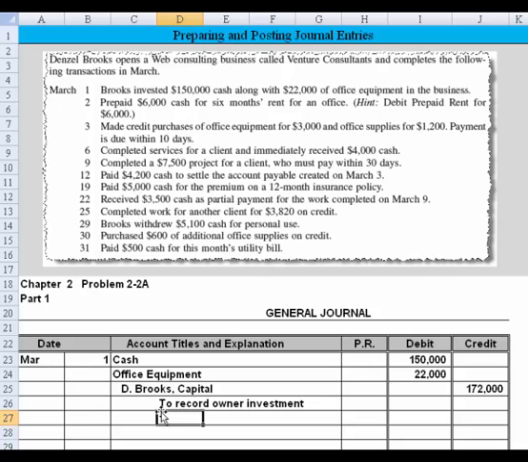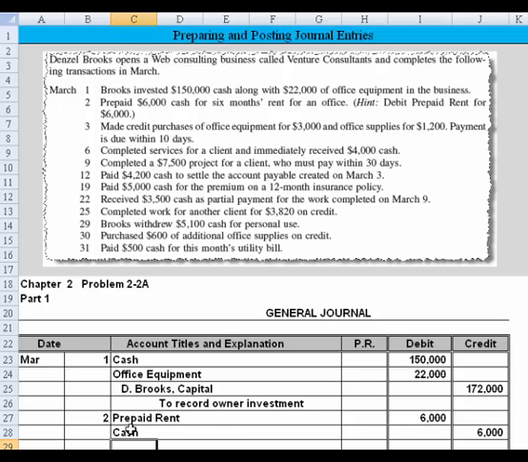Something like that. Okay, next entry is on the 2nd. And if you read that, it said prepaid $6,000 cash for 6 months rent for an office. So we'll put a 2 in there, and it gives us a hint. Debit prepaid rent for $6,000. Okay, well that makes it real easy. So prepaid rent is an asset. We're recording this first as an asset for $6,000. If we prepaid it, that meant we must have paid it with cash. So we'll type in cash,